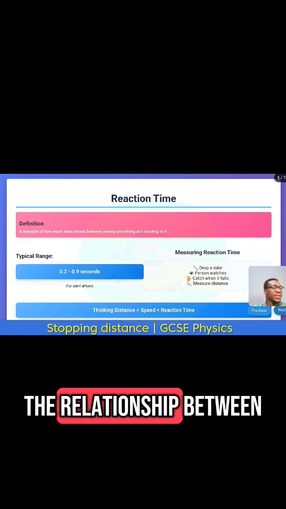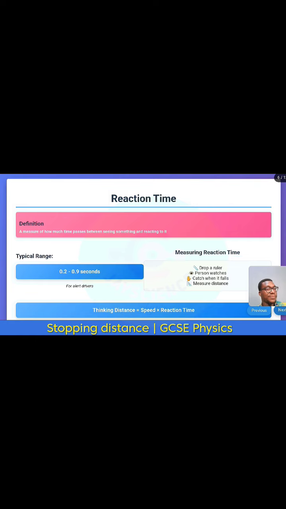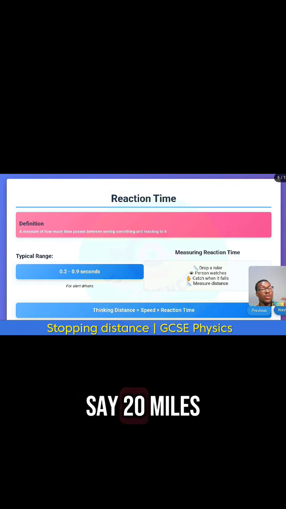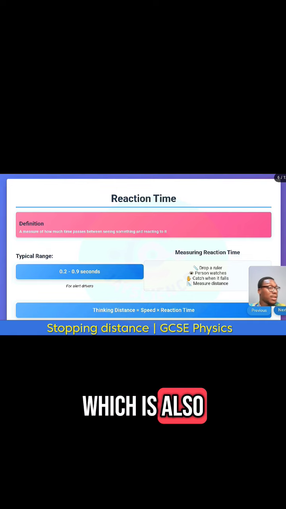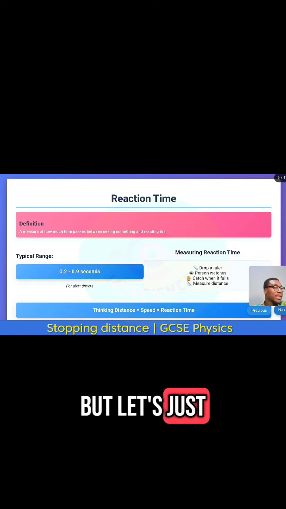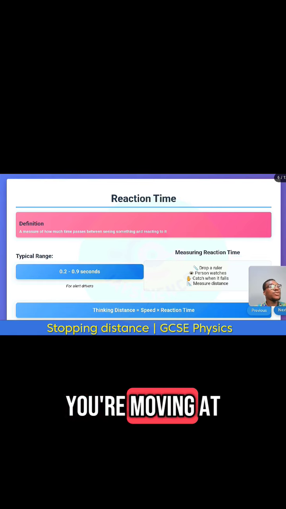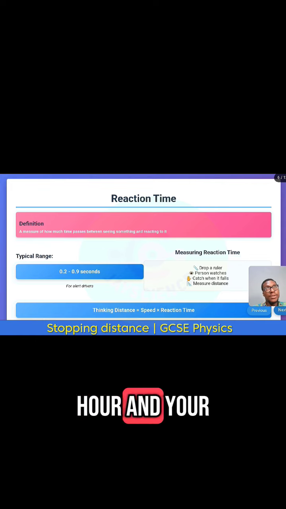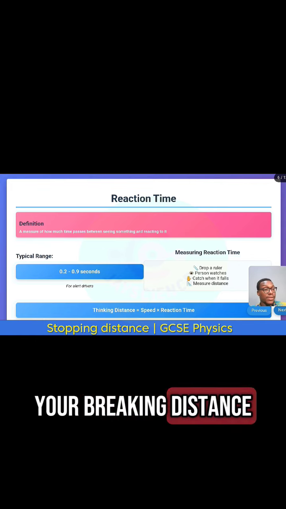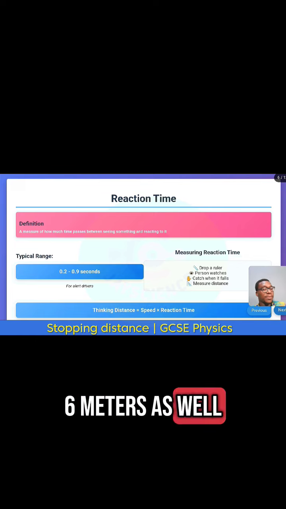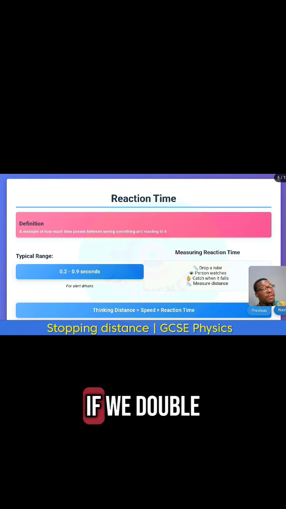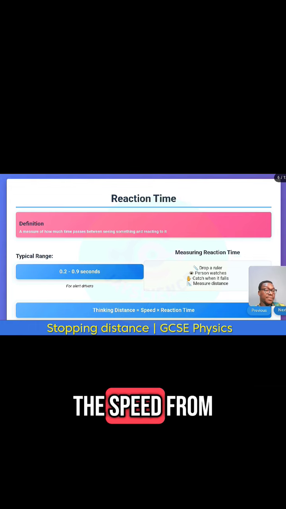Let's talk about the relationship between these guys. You're moving at a constant speed of, let's say, 20 miles per hour, which is also equal to 32 kilometers per hour if you're working with that. But let's just take 20 miles per hour at this point. You're moving at 20 miles per hour and your average thinking distance is about 6 meters. Your braking distance is also about 6 meters as well. That makes your stopping distance 12. If we double the speed from 20